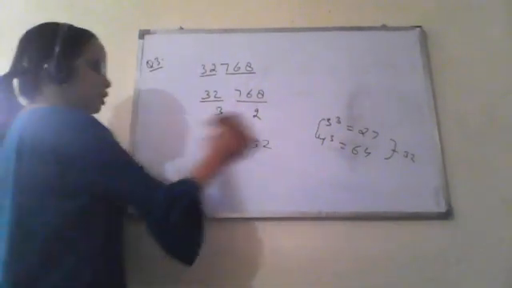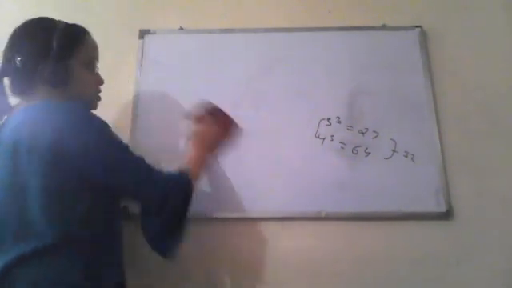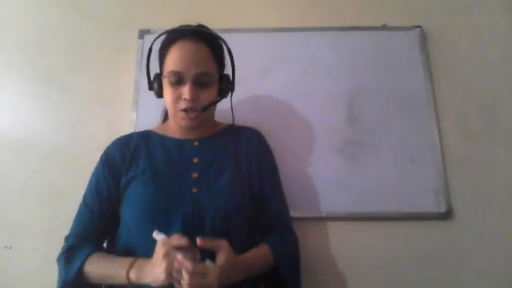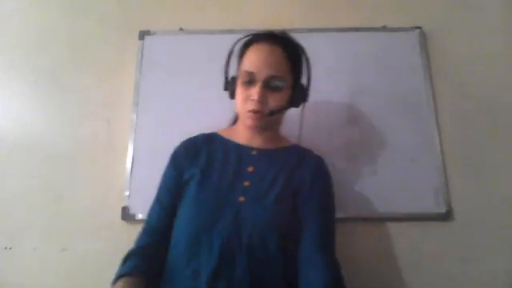So this was how to calculate the cube root of a given number through estimation, and this is also a very easy method. All you need is to be aware of the cubes of the first 10 natural numbers. Clear? So this was all about the 7th chapter, that is cubes and cube roots. I hope you are clear with the concepts, how to find cubes or cube roots by the prime factorization method or through estimation and different other things.